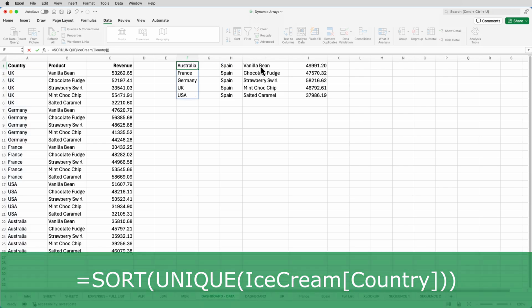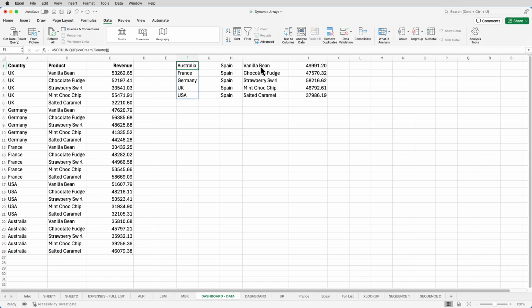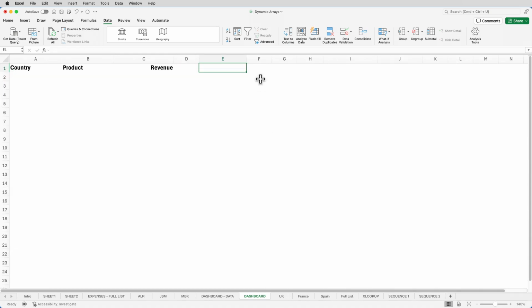So I'll press enter and you can see how that's worked. The sort function can sort text, numbers and dates. By default, it sorts in ascending order. If you want it to sort in descending order, you need to add an extra element inside the brackets of the sort function. Anyway, I'm going to go back to the dashboard sheet, go to E1 and go to data